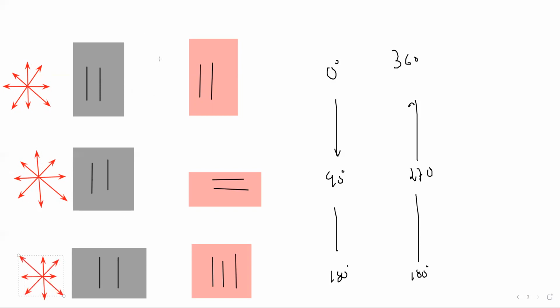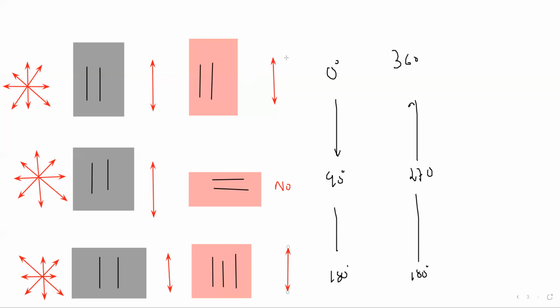So when we pass this through a polarizing filter, only the vertical component is able to pass through the first polarizing filter. Then we did not rotate, so it will allow. But when it is 90-degree, there will be no light. Then again at 180, it will allow. If it is 270, there is no light. And then again at 360, it will allow.